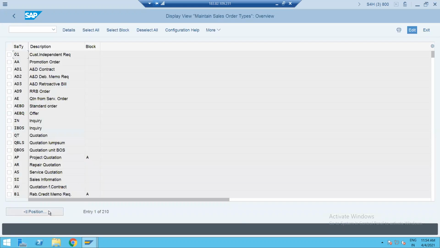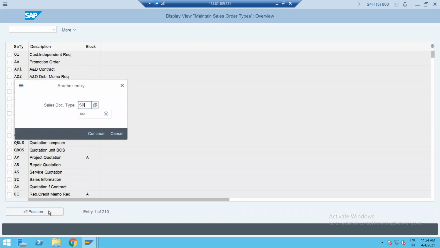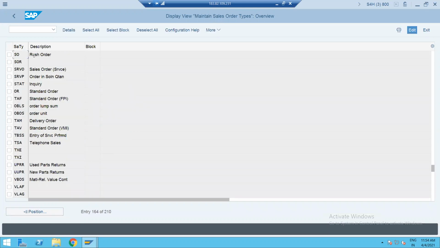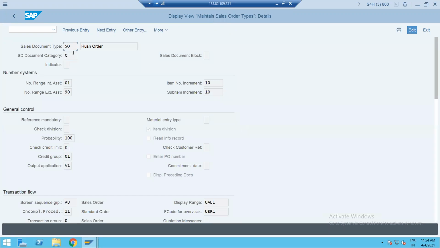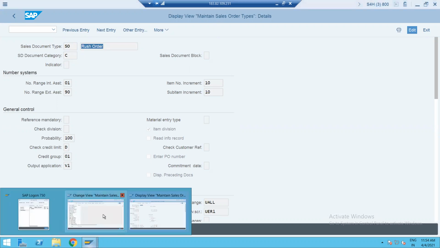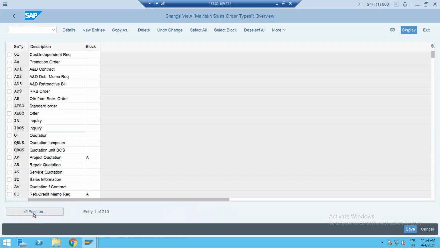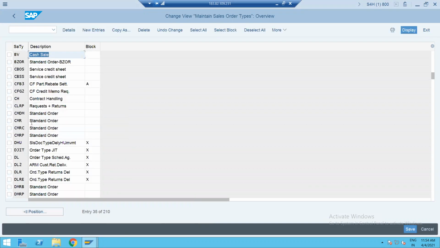Let's click on this. So now, S4 is the document they have given previously till ECC. The naming convention for this one is RO. Anyhow, based on this name, any document type, it won't work. Whatever the properties defined in the below section, based on this, it will work. So if you see rush order S4 in S4 HANA,